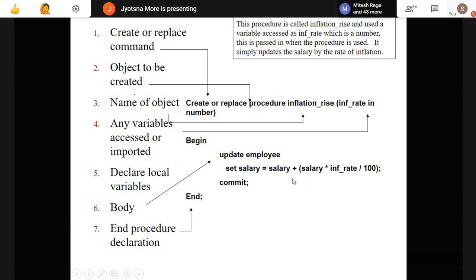Now if I want to do the same thing for my database, I can do it with only an update, right? But here I have used a column name, and the inflation rate value is not present over here. I am going to pass the value for that. So I will store this procedure, and later on I will pass the value whenever I require, because this rate may be changing every time. I will pass the value, and finally I will get the result based on this. So that is the use of a procedure. That is written over here. I will just explain that.